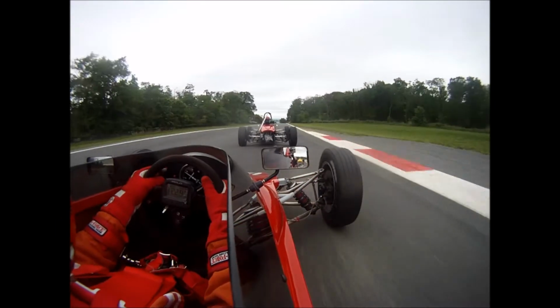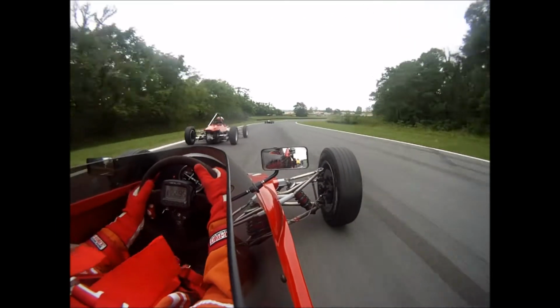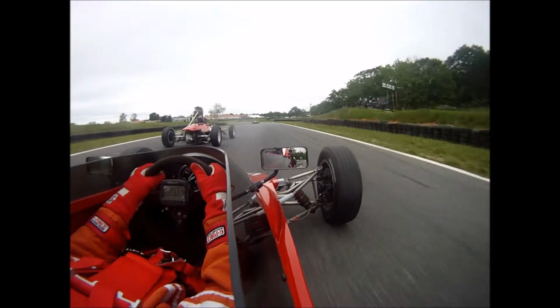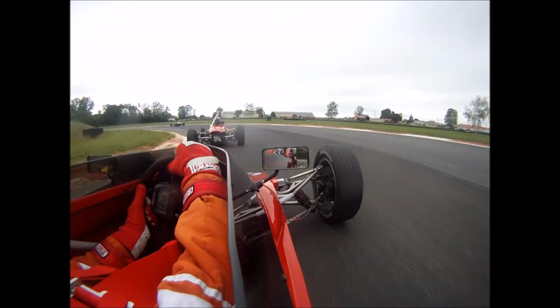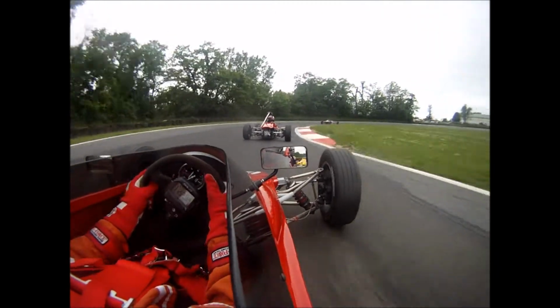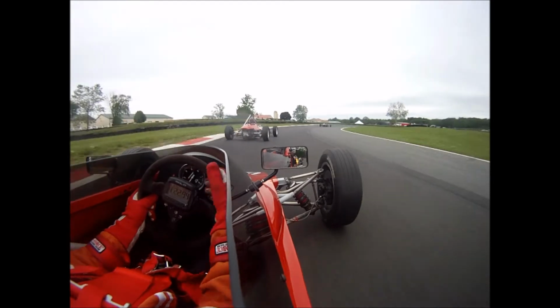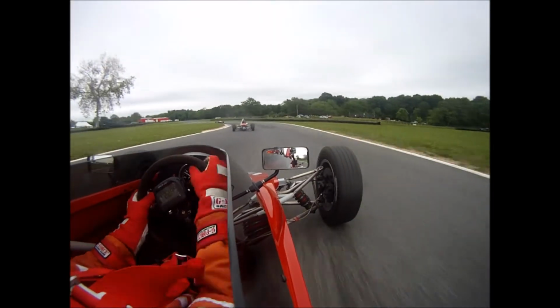Close right up on him out of turn 3 here. Did not quite have enough momentum to get by him into 4. And what you can see is already Scott Fairchild has his head down. He is working hard to see if he can get a gap. After the great start that David Porter had, I thought he'd be right in the mix. Did not think that he would